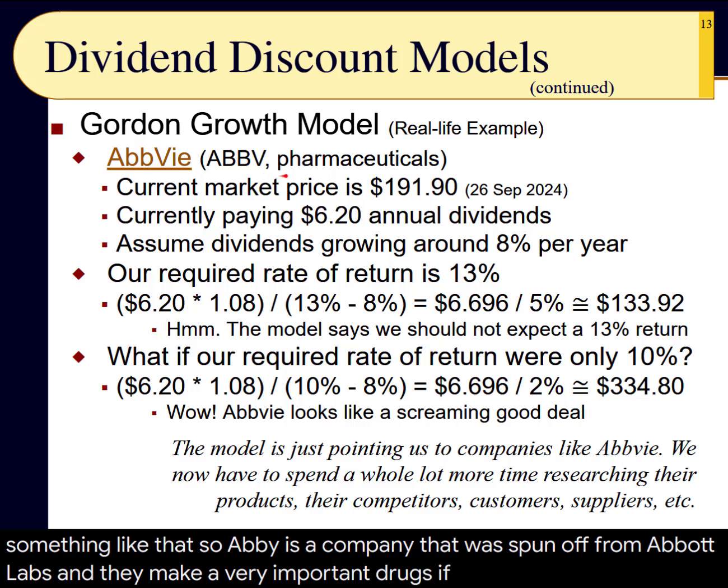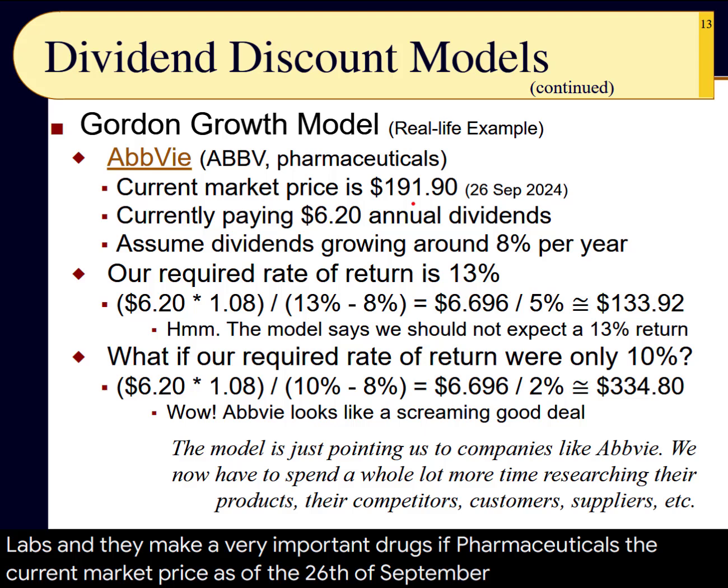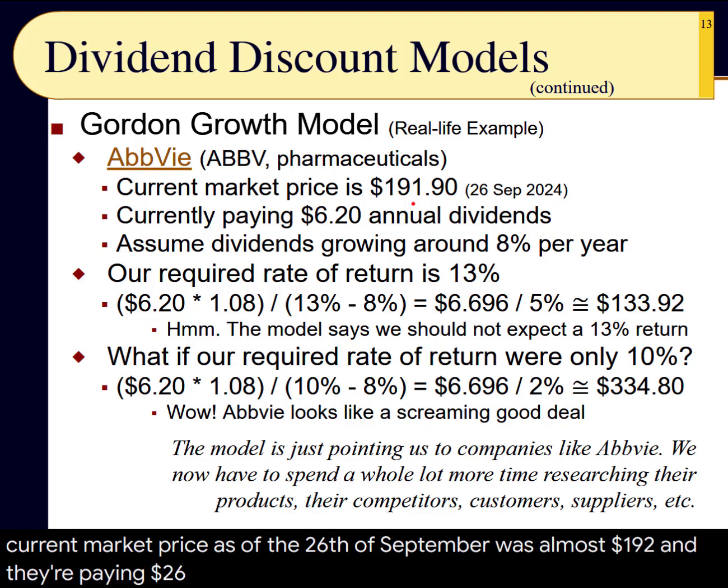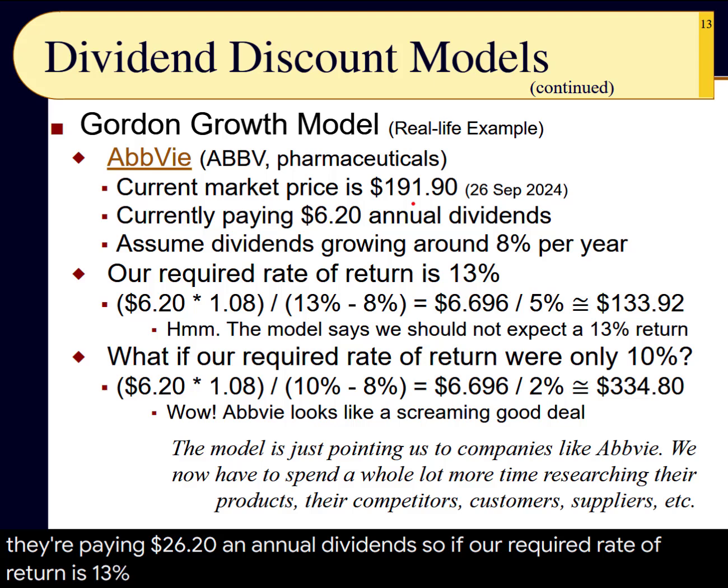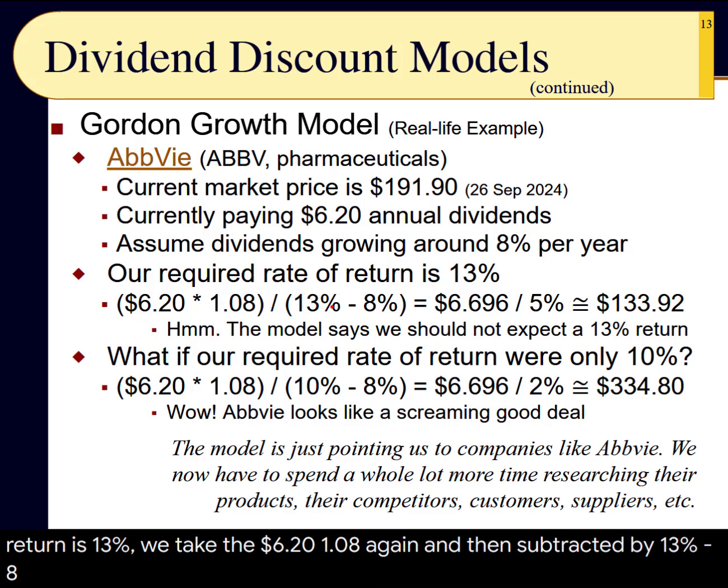and they make very important drugs, pharmaceuticals. The current market price as of the 26th of September was almost $192, and they're paying $6.20 in annual dividends. So if our required rate of return is 13%, we take the $6.20 times 1.08 again, and then subtract it by 13% minus 8% again. So we get 6.696 divided by 0.05, or almost $134